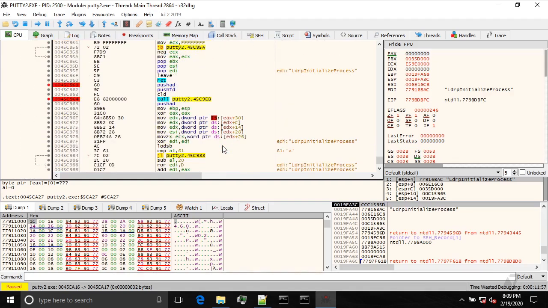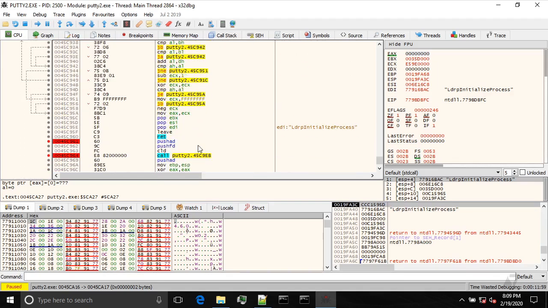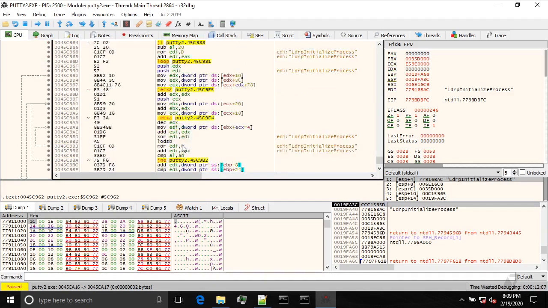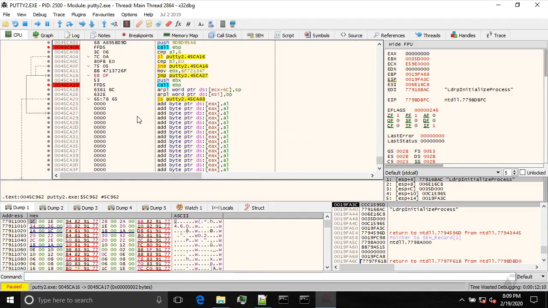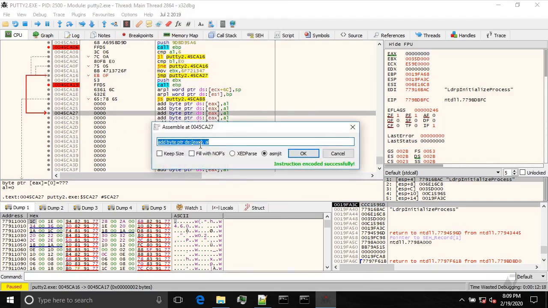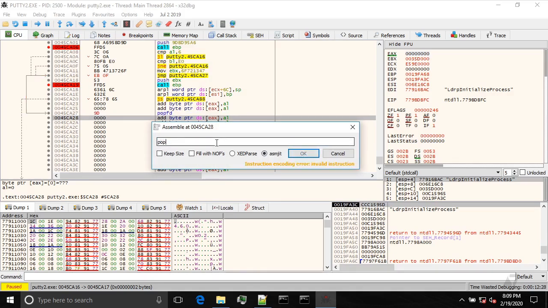As you may remember, what we did before the shellcode was to save all the registers and flags on the stack. So now we do the reverse operation. So we hit assemble again, and we pop FD, which will